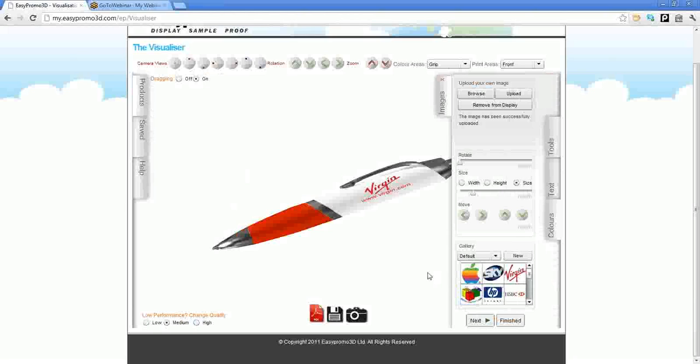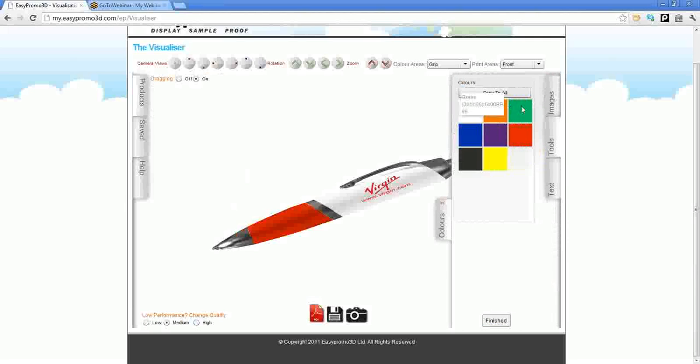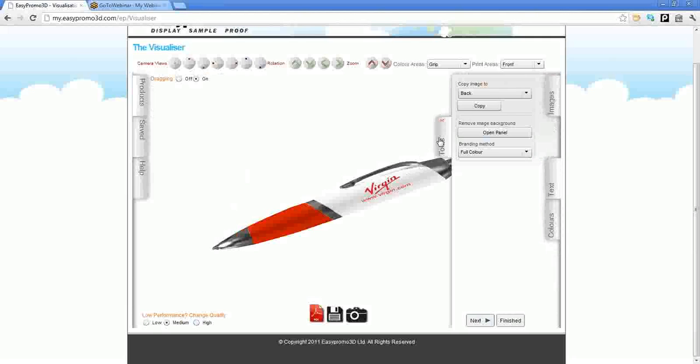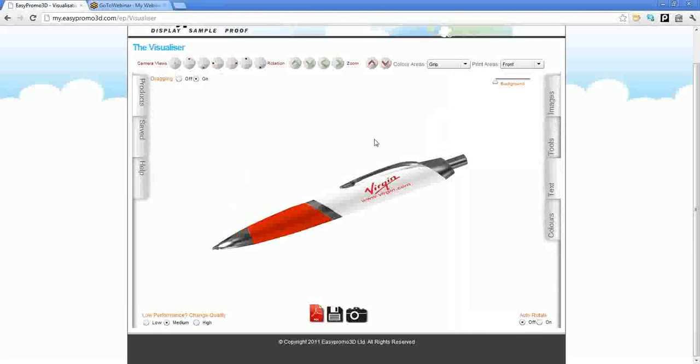And you can even decide on your website which order these tabs on the right-hand side appear in. So you can decide whether it's images first. For me, I quite often like colors to come first, because I think that's the first thing that you might change. So hopefully, I didn't want to spend hours, because I appreciate everyone's time is incredibly valuable, but